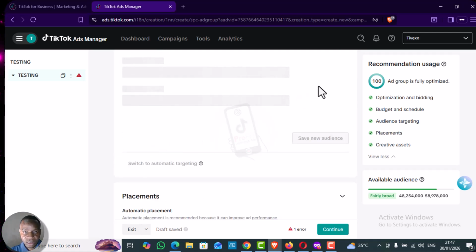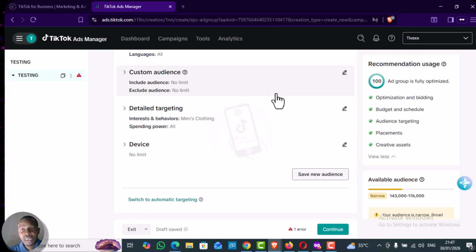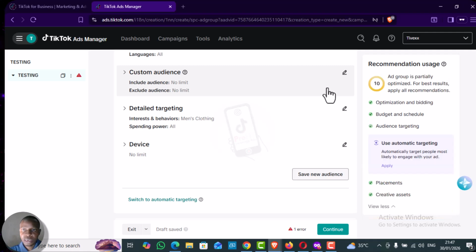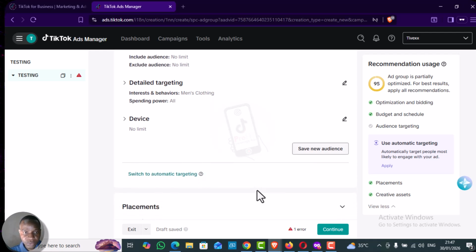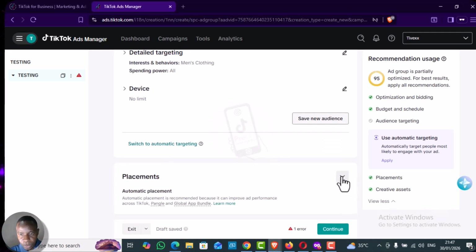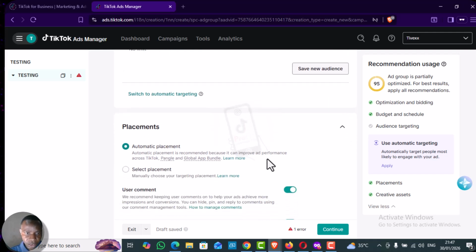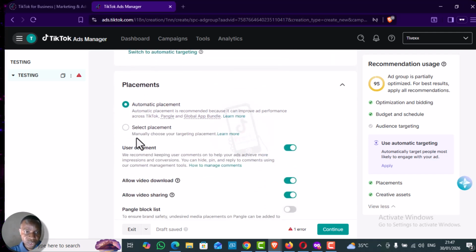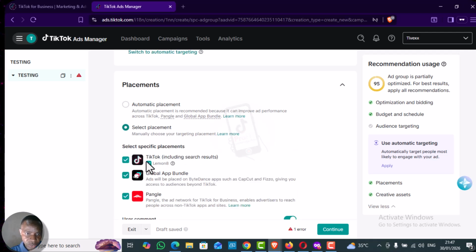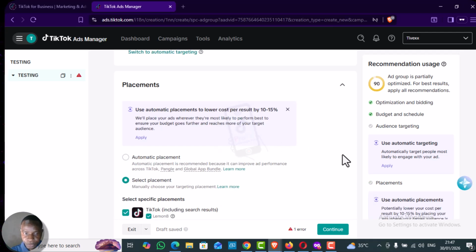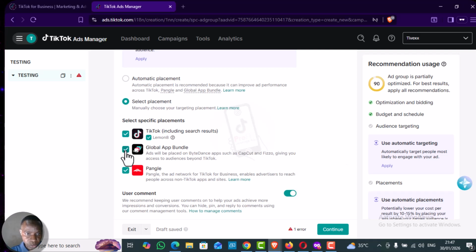Depending on the one you want, if you use the automatic setting, then their machine is going to help you to run your ad. You will not be able to control certain things in your ad, right? But if you use manual, like the name implies, you'll be able to adjust a lot of things. So we scroll down to this place, placement. You click here. Then if you leave it at automatic, it will select all placement. But if you go to select placement, you can now select only TikTok. Let me scroll down. You can uncheck this one and then this one, and then leave it at TikTok alone,